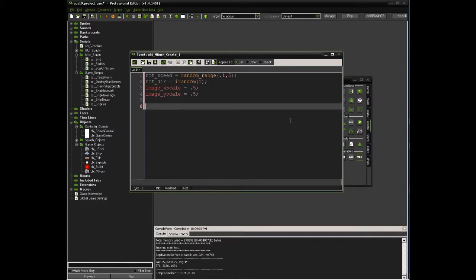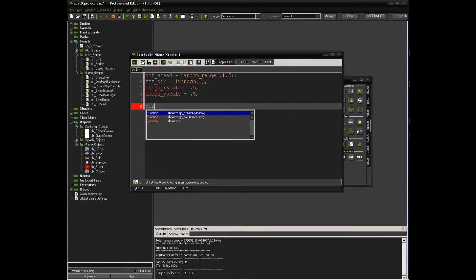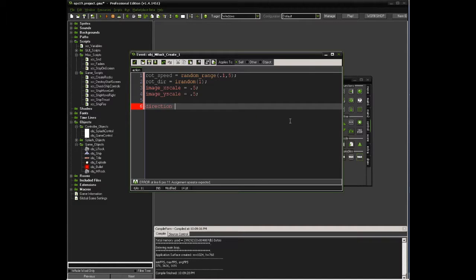And once again, direction is going to equal random 360, so you can go in any direction. Speed equals random range from 0.1